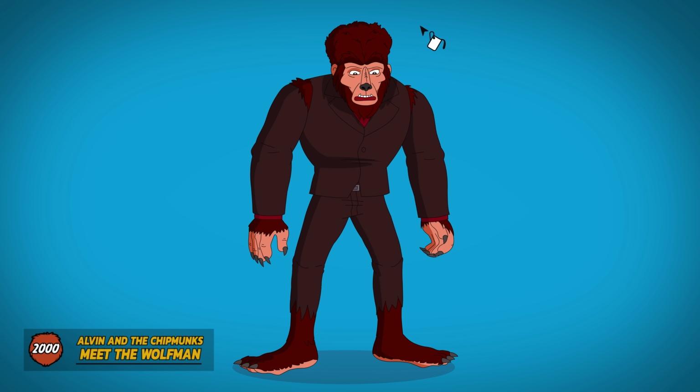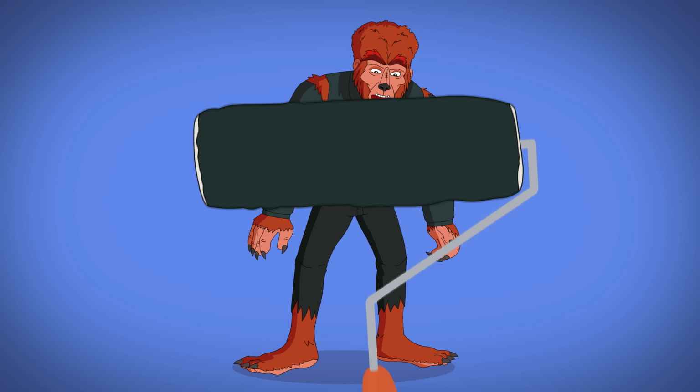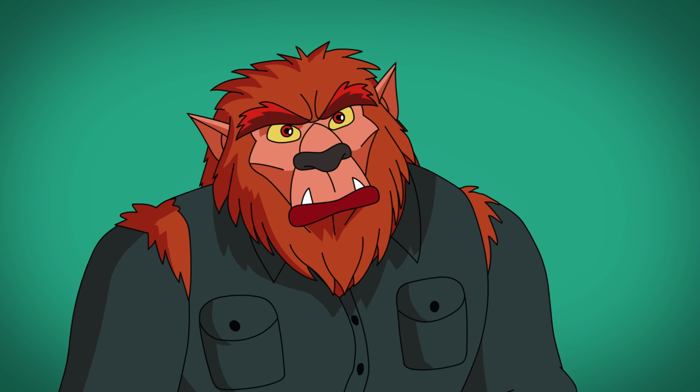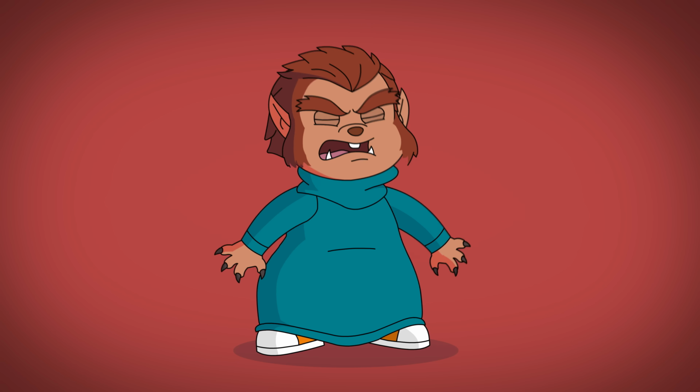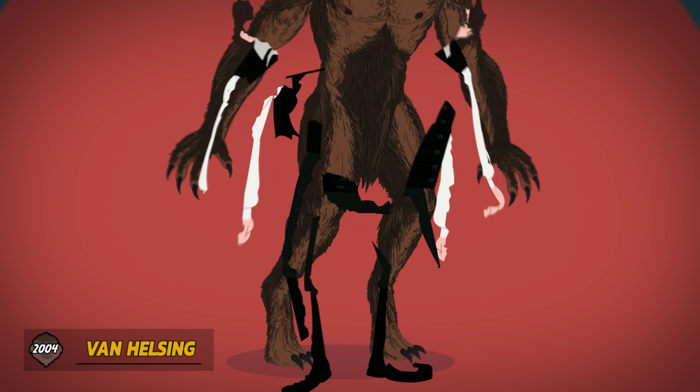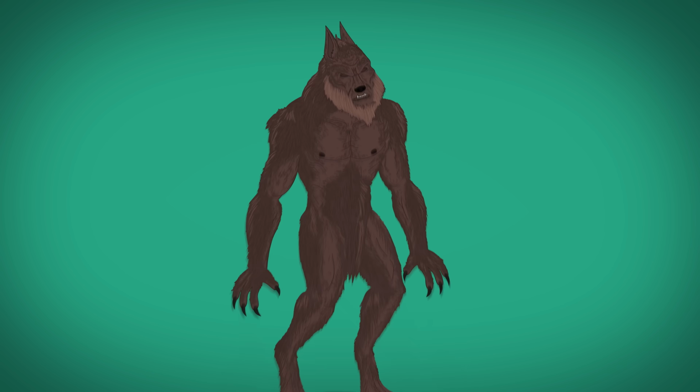In the Chipmunks crossover, Larry's wolf form is muscle-bound with ginger fur and a fully green outfit. He also has cat-like facial features, less poofy hair, and red irises. Theodore also becomes wolf-infected, although after biting Mr. Talbot, they're both cured. Van Helsing's Velkin Valerius bursts out a large wolf form with chocolate brown fur, an animalistic